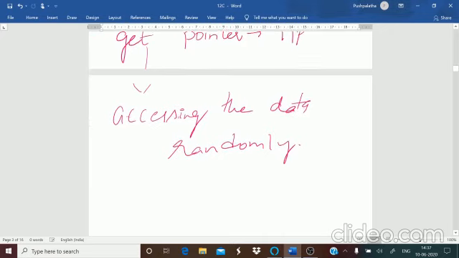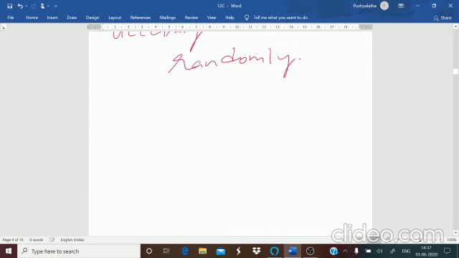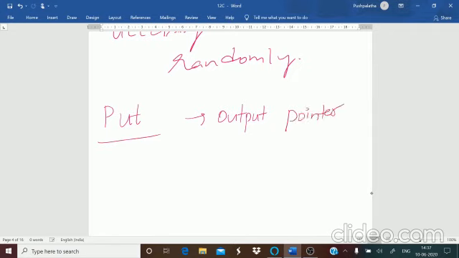Okay, so now, what is this put pointer? It is also known as the output pointer. It points to the position where the data is to be written. From where do you want to start writing?